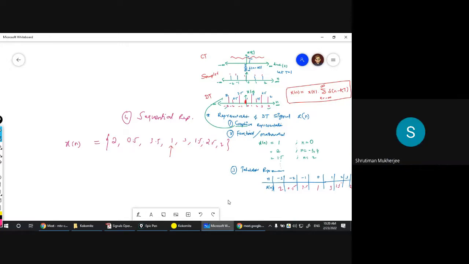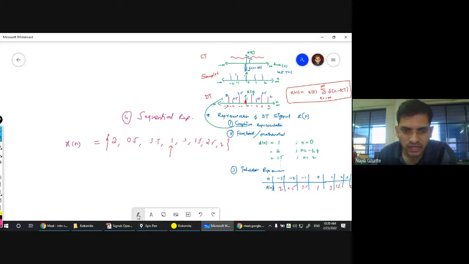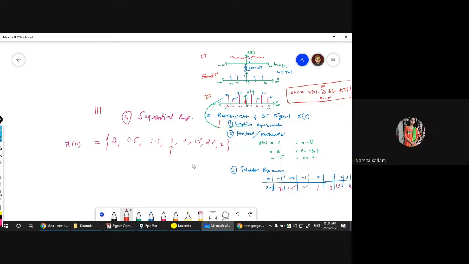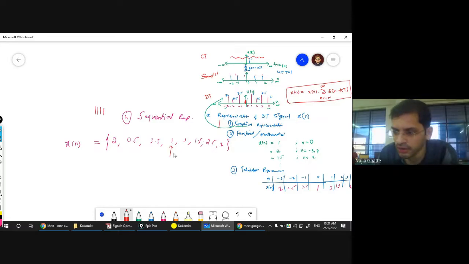Sequential. Okay, so I can see there are 2 votes for sequential. Graphical. Yes, graphical. What about others? Sequential. Very good. Next. Sequential. Okay. Anyone else? Aditya also sequential. So that makes 5. Anyone else? Quick. There is no vote for functional and tabular. Graphical. Didn't anyone like functional or tabular? No one likes functional or tabular?